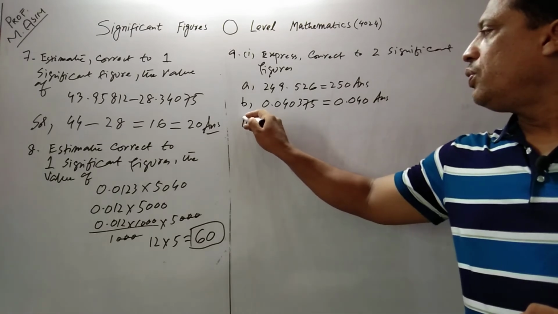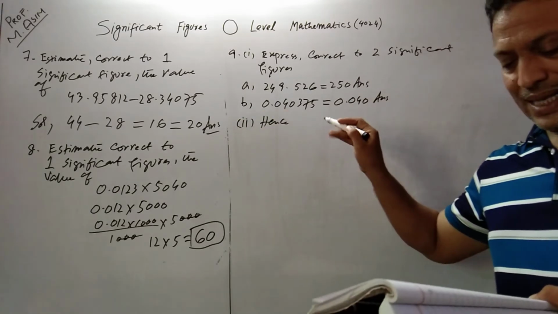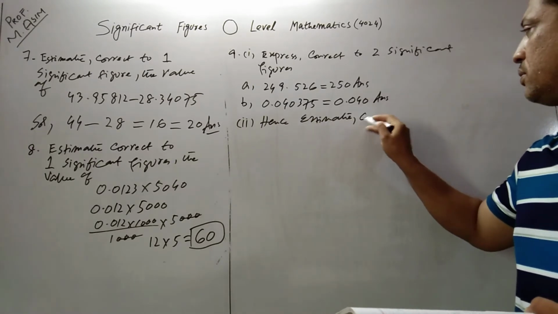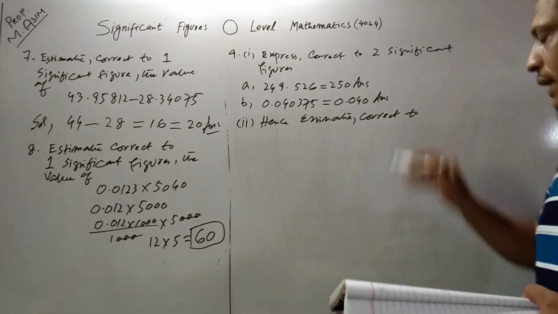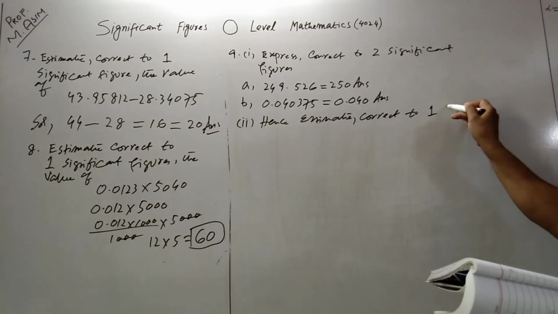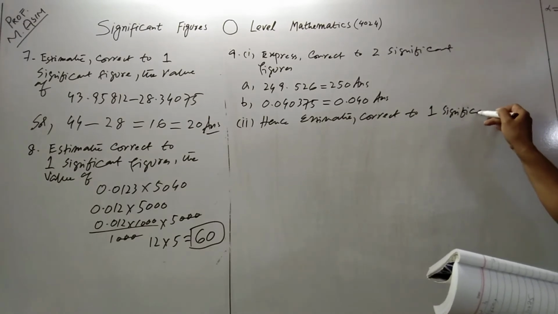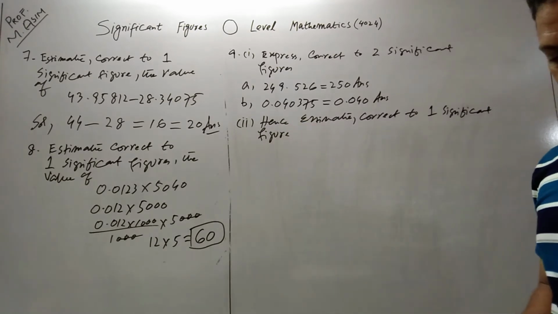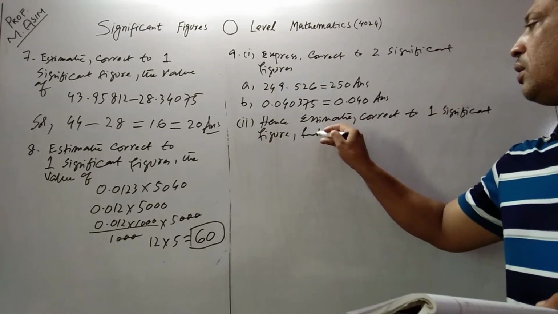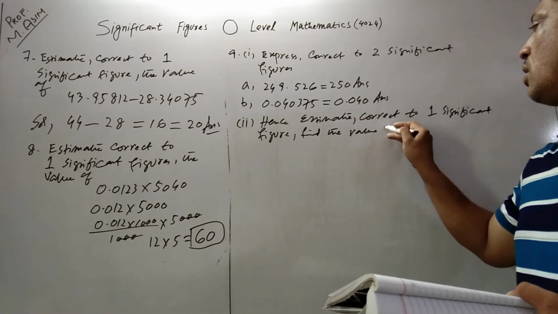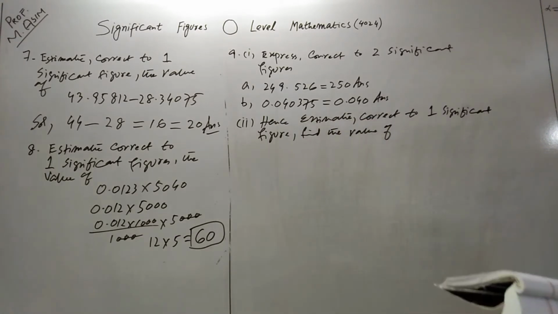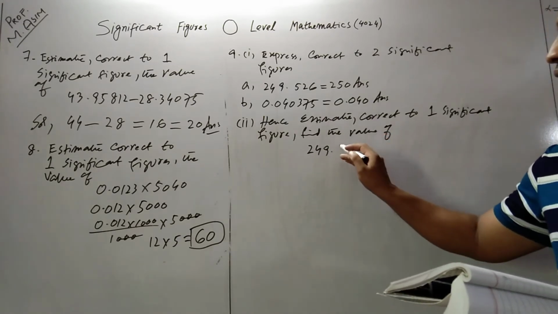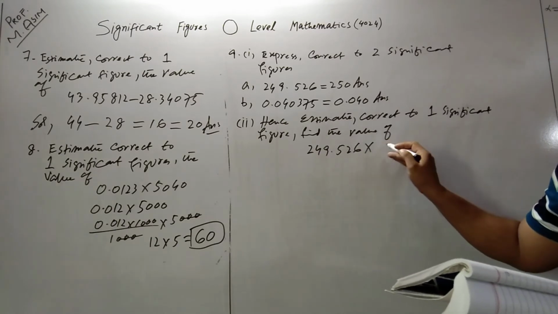Part 2 is hence estimate correct to one significant figure, find the value of, what is the question? 249.526 multiplied by